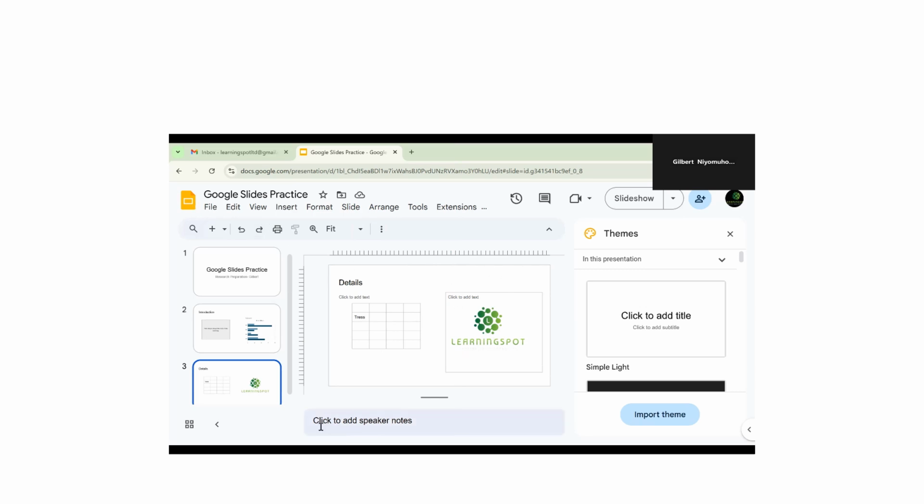Now, you still see click to add speaker notes. When a professional person is presenting, they don't have all the details shown on the slide that the audience will see. Instead, they will have some details added here, which can help them while they are presenting. In some cases, you might need to read. Let's say you're talking about some research findings. Let's say you researched the effectiveness of digitalization in the education setting. Then you have details, maybe, let's say you realize that